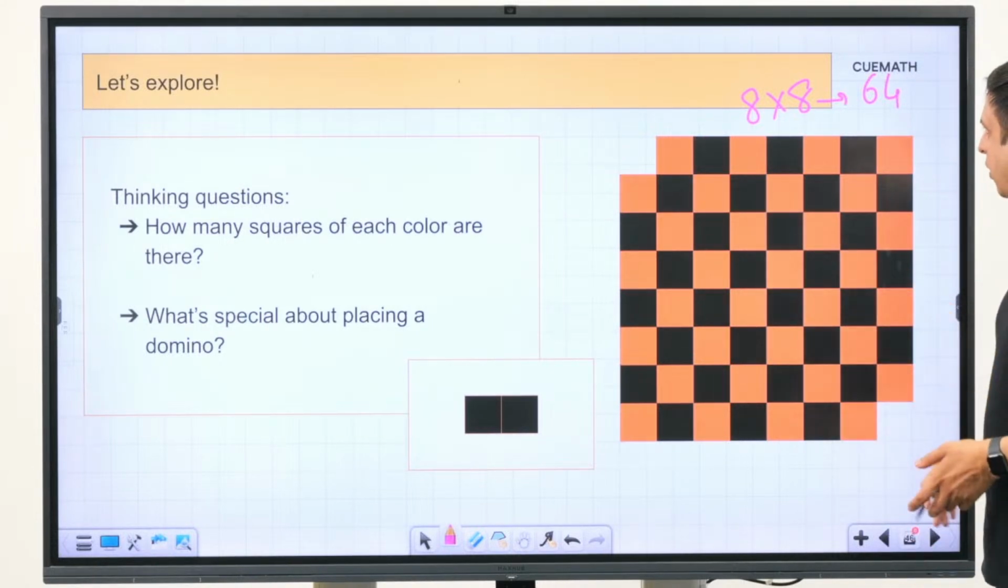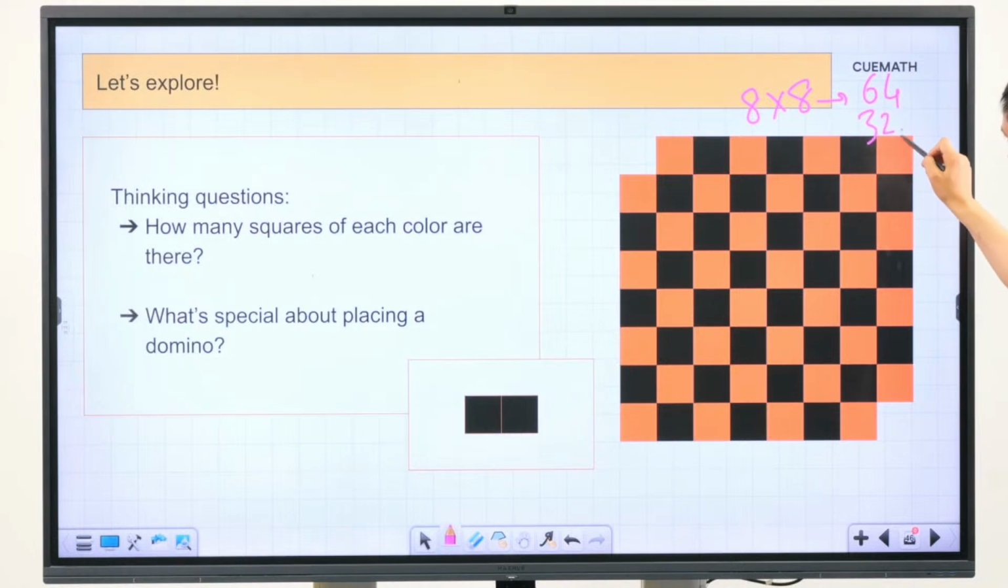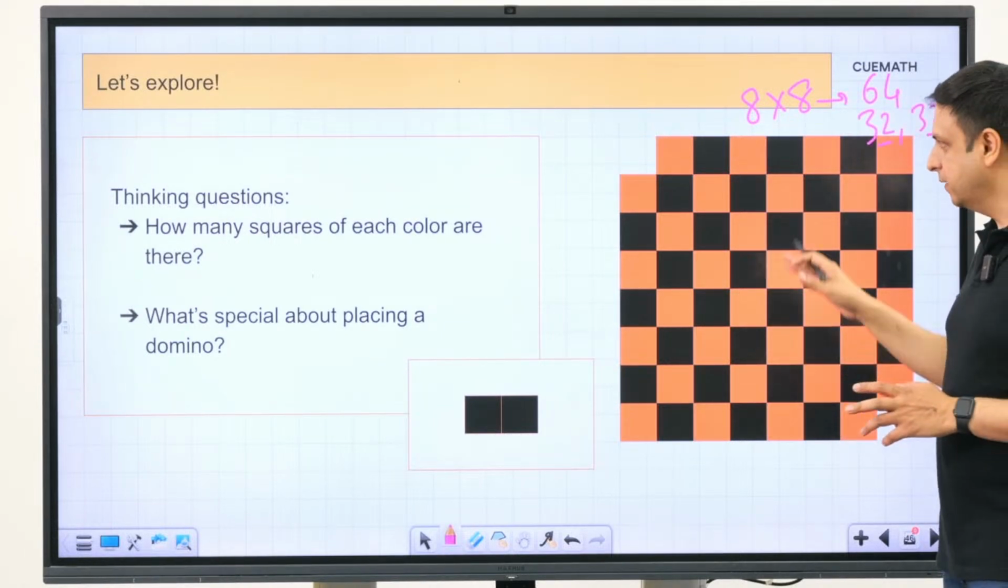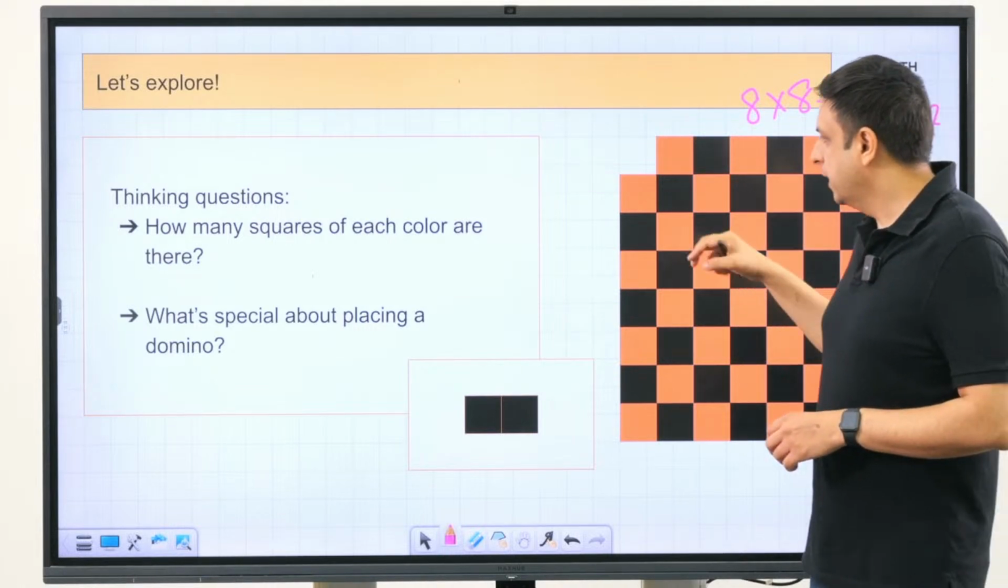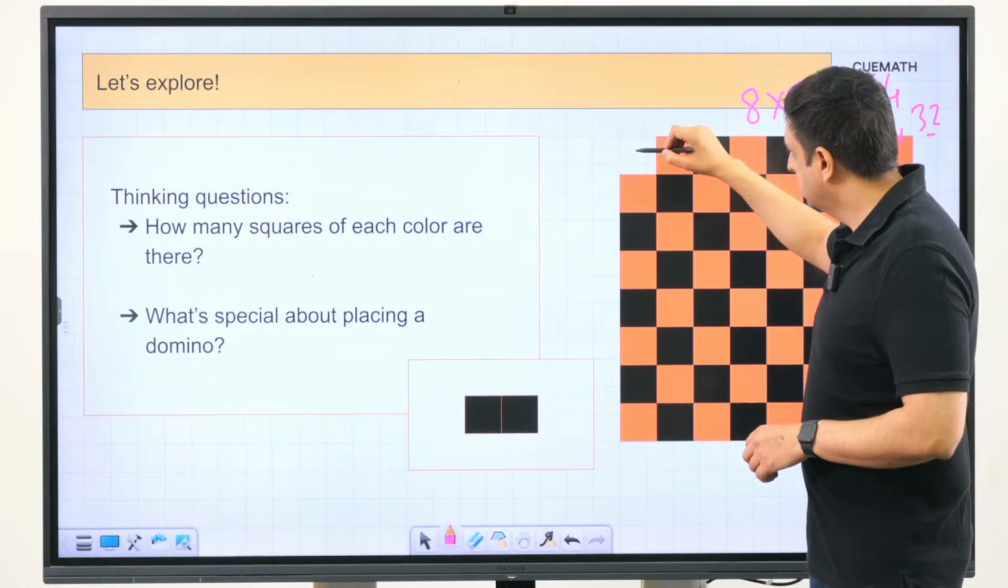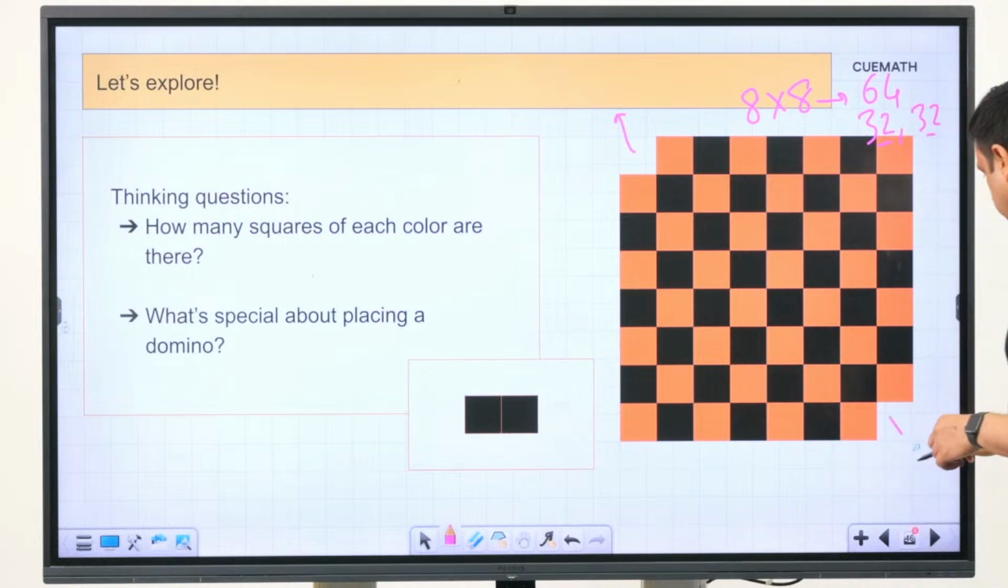So how many are black, how many are red? You have 32 black squares, and you have 32 red squares. So an equal number of black and white squares. But if you take out these 2 squares at the opposite edges of the chessboard, what is the new number